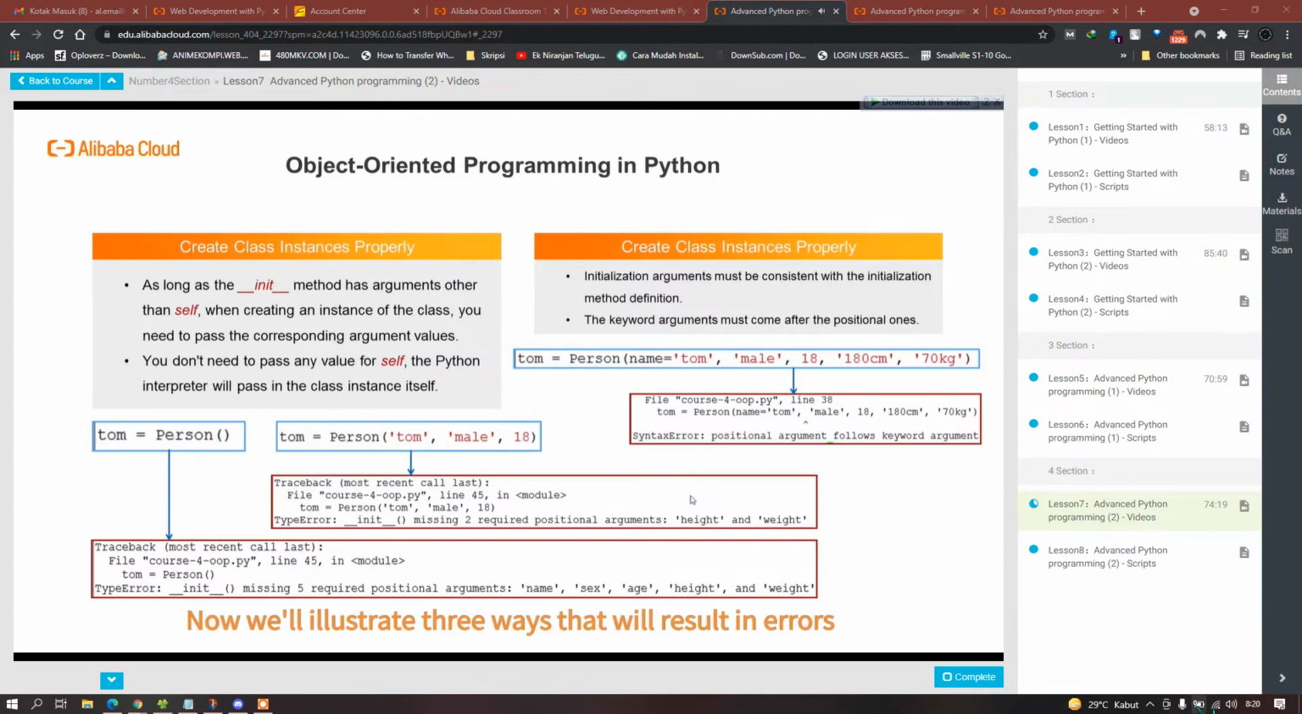Now we will illustrate 3 ways that will result in errors when creating an object. In the first case, we directly call the person class to create its object and assign it to Tom. But during the creation process, we do not pass any parameters to the class. An error would be reported stating that we must pass in 5 parameters, but we have passed in none. This is easy to understand. When we instantiate an abstract class into an object and don't pass in any parameters, the object we instantiated cannot